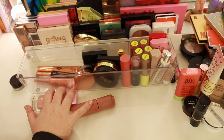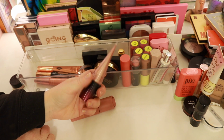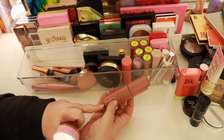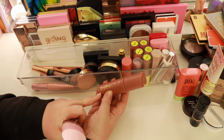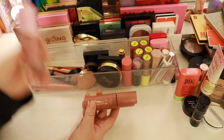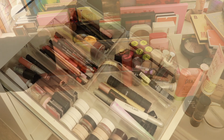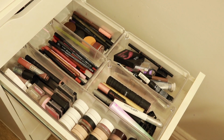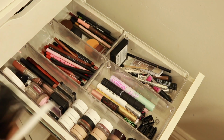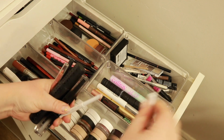Then in my Shop My Stash, the Kevin Aucoin Glass Glow Face in Prism Rose I love. And then lastly I have the Ciate Bronzing Serum and the Melt Sex Foil in Fetish, and I love these both, so I'll be keeping all of that. This is a really boring drawer, so I think I'm just going to go through it and show you what I end up decluttering. Okay, so I am decluttering a white eyeliner because it's a bit dry,